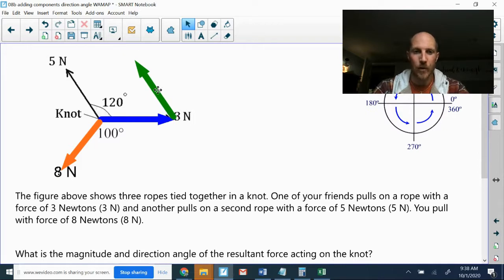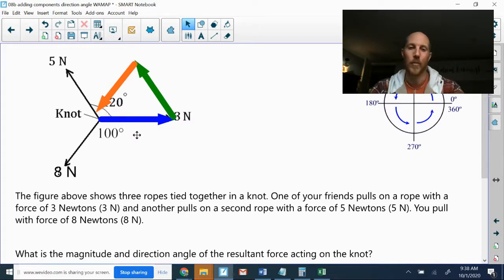So if I put the green vector at the tip of the blue vector, so I can go tip to tail or head to tail, blue first and then green, and from the end of the green one, I'd have my orange one, right? And so the resultant looks like, I'm not even sure I drew these to scale, but it doesn't look like there's going to be much of a resultant if my drawing is accurate. And I can't verify that I've actually drawn this to scale because